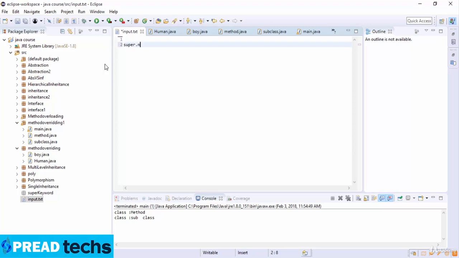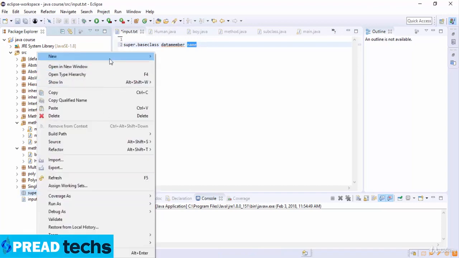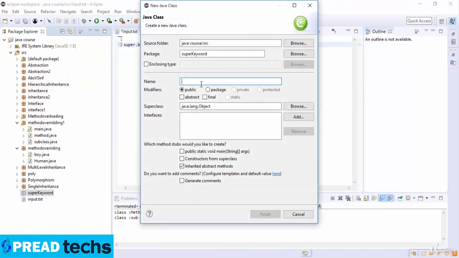So super, and then you can write the base class data member, like super, the base class name, then the data member, integer or float, and then the name of it. If we are not writing the super keyword before the base class data member name, then it will be referred to as a current class data member name, and base class data members are hidden in the context of the derived class. Here we are going to create a program without a super keyword,